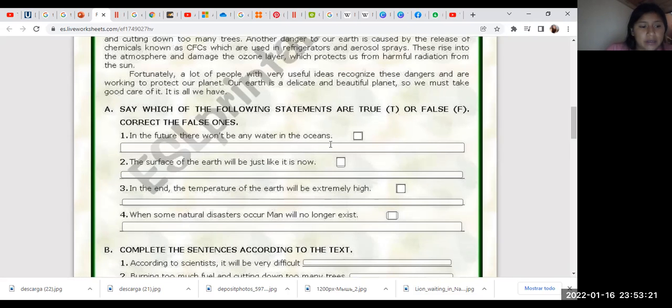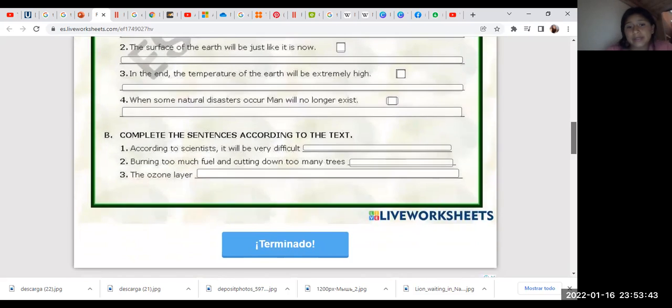For each activity, the grade will be 10 points for the entire activity, where the questions in the first activity will be worth 1 point, and the questions of the last activity will be 2 points.